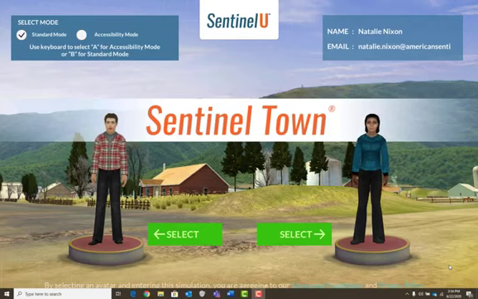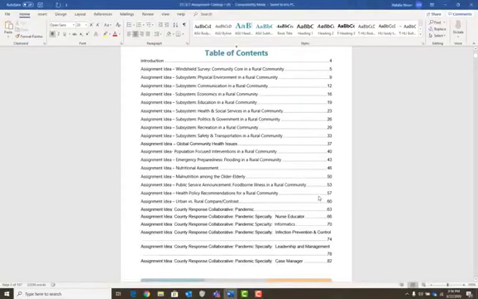I'm going to walk you through the various components that make up our digital town. But before we actually go into the simulation, I would like to show you the catalog of assignments. Sentinel Town is a unique simulation in that we provide the instructors with access to a very robust catalog of assignments from which they can pick which assignment or assignments they would like their students to complete using the virtual